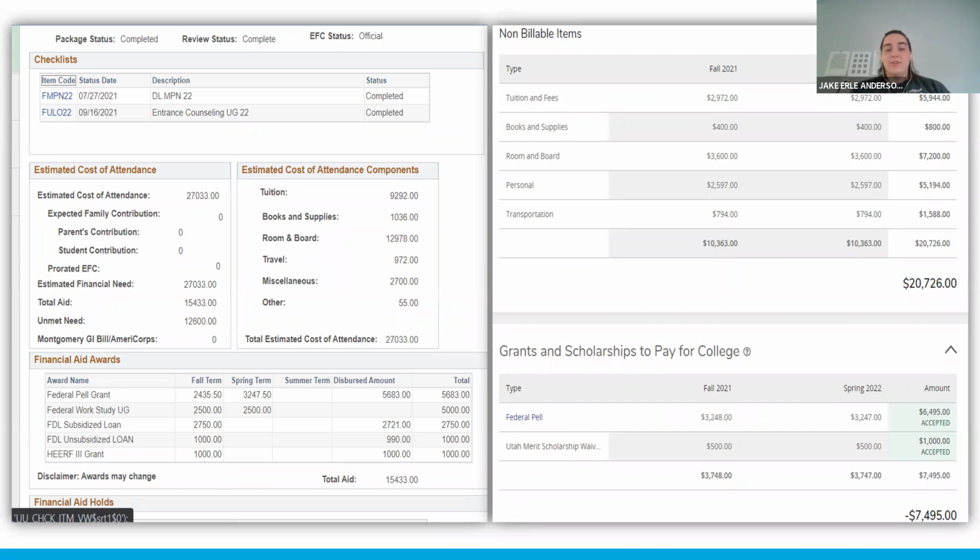With many institutions, you can increase the loan amounts to a certain point, but sometimes that's a little iffy. However, with reducing it, almost always there is an option to reduce the loan amount. And even if they've accepted it and they've gone through one semester, they can reduce the loan amount for the second semester if they'd like, or they can even cancel it for the second. So usually within the loans, you can contact the financial aid office, and if it has to do with reducing or getting rid of them,